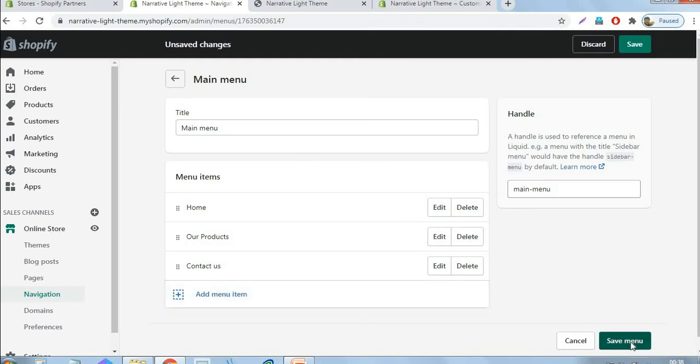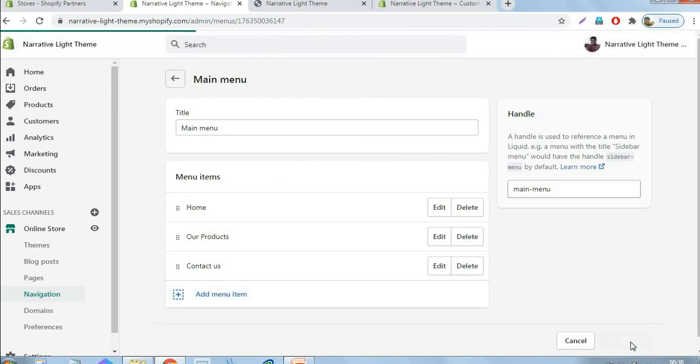Okay, that's it. In the main menu, just save the menu. You can add multiple items in main menu or any menu, just like FAQ or blog section or anything you want to add in the main menu section. Here I am just adding 3 menu items only.